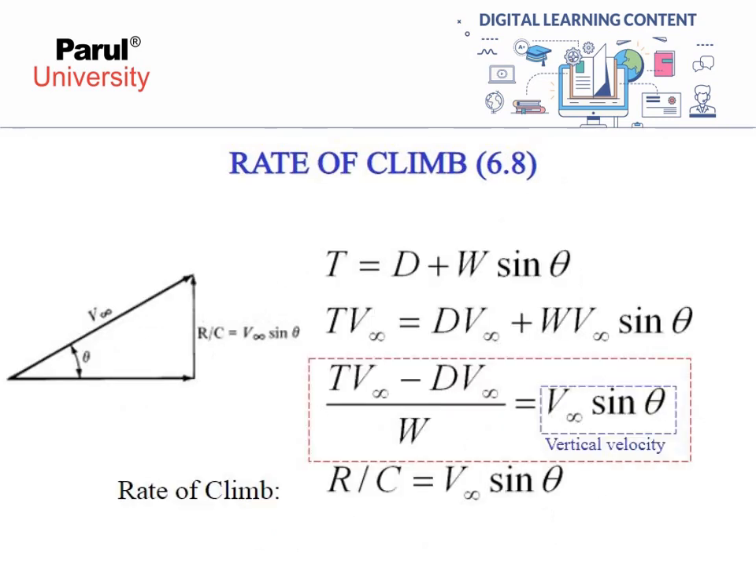Then what is the equation? T is equal to drag plus W sin theta, and we multiply V infinity on both sides. Then T V infinity is equal to D V infinity plus W V infinity sin theta, or we can say (T V infinity minus D V infinity) by W is equal to V infinity sin theta. This is nothing but the vertical velocity. The rate of climb is equal to V infinity sin theta,